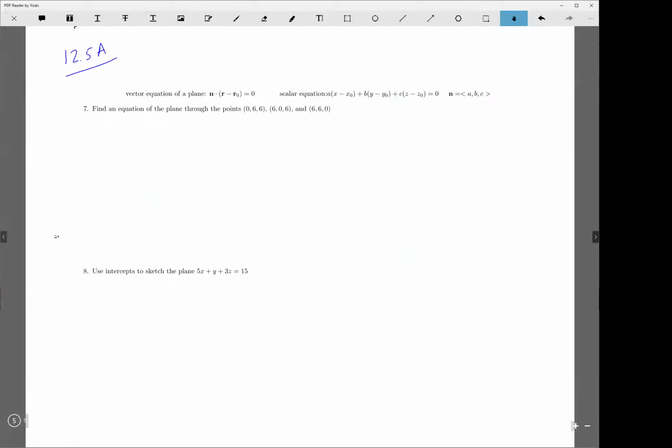Okay, so for number 7, we have 3 points, but no normal. Boo. So what you can do, I guess the proper way to proceed here would be, let's call this P, that Q, and that R. Okay? And then what we're going to do is we're going to use these points to, so like, the idea is this. If this is P, Q, and